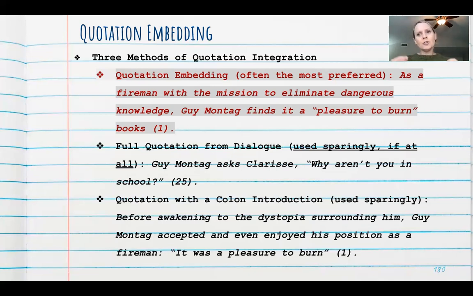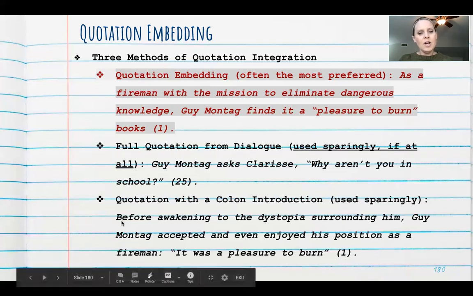Another example of full sentence that is a little bit more sophisticated. I remember I didn't start using this until I was at the college level of literary analysis. That would be the colon introduction. So this is when you put in a complete thought, an independent clause, colon, and then a full sentence quote, a full independent clause on the other side of quoted material. Again, this is used sparingly, but can be used quite effectively.